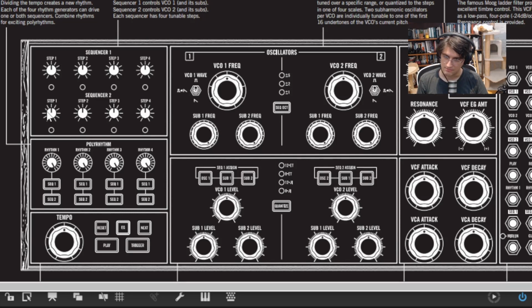It may be relatively short, but the cool thing about polyrhythms is that when these 4 rhythm knobs combine, they can build interesting polyrhythms that sound very interesting. So let's get back to the patching window,